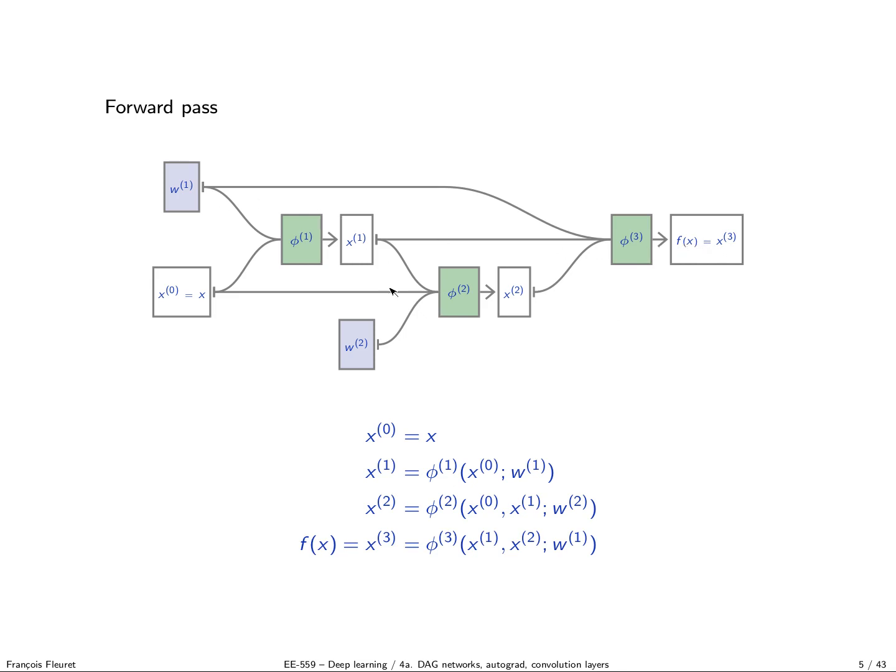Actually, the proper way would be to go backward: you can say I want to compute this quantity, so I need this one. Since I need this one, I need this one, and then you see that you can compute everything. But it's still a forward pass. Even though you could implement it in a backward manner to know what we have to compute, the computation itself has to be done in a forward manner.